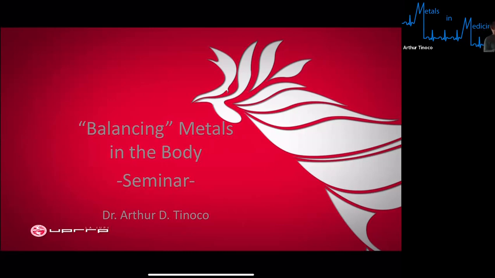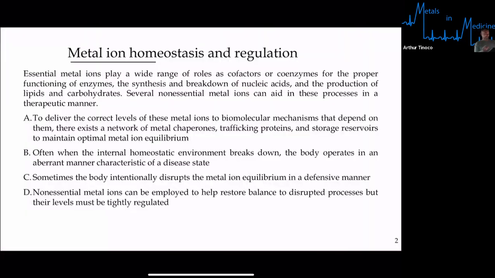So we're going to continue looking at a few different examples of this idea of metals and the loss of homeostasis. And if we have time, though I don't think we'll be able to complete this lecture until the next period, we'll look at how a metal that's not necessarily essential can give us insight into this loss of regulation of a biological pathway. All right, so this is what we discussed last time in our introduction about